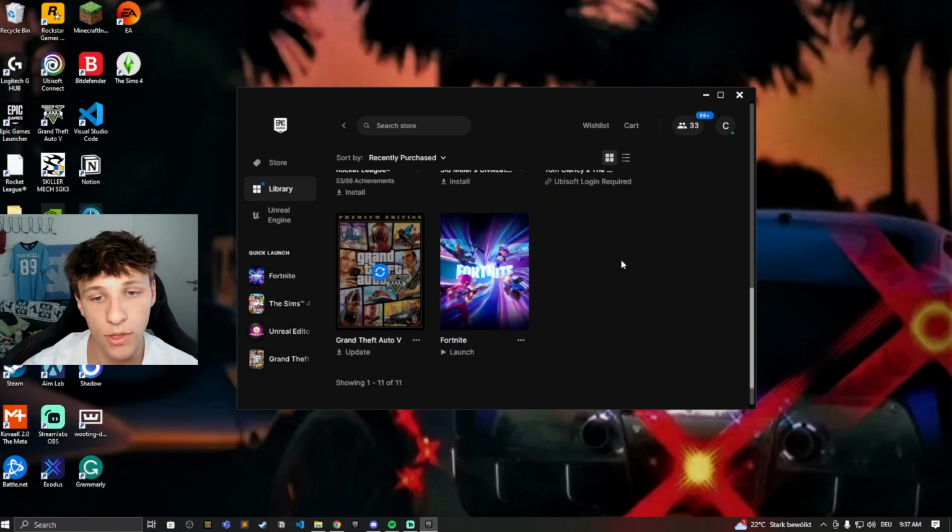Before you do that, always check online, try to read some articles on if the game's working right now. Maybe there's some bug with the update, maybe no one can download the update, so always check that first before you reinstall the complete game. But that's the last solution that will most probably work if there's no other problem with your PC itself or with Fortnite itself from the developer side.